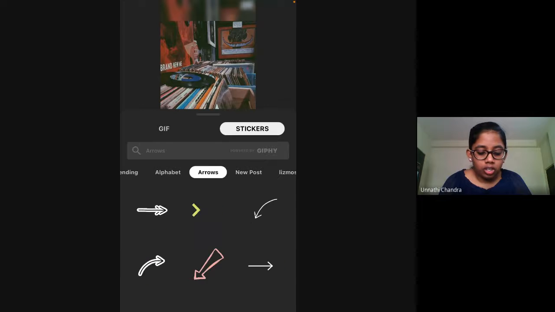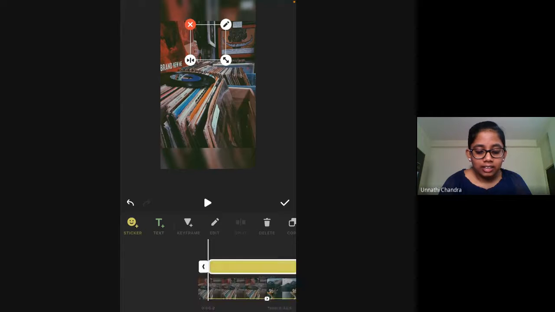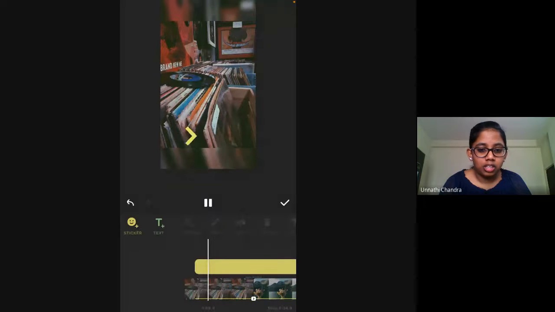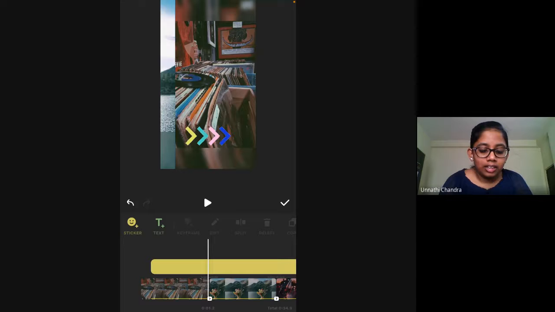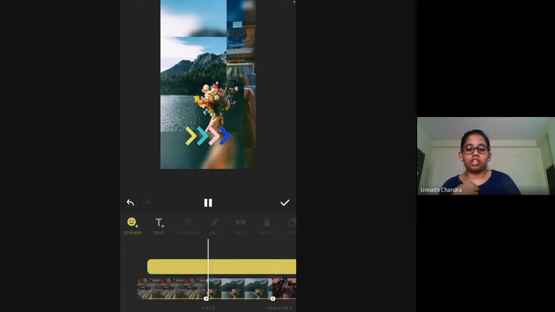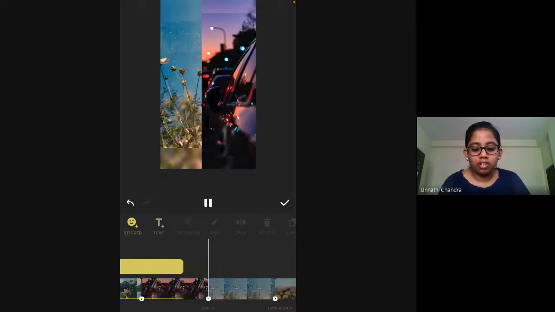So if you want, say, arrows, to show that, check out what's coming next, just select and hit the play option so you can see the sticker. You can select whichever sticker you want and place it anywhere on the video.